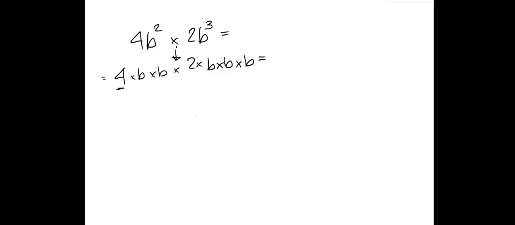All right, well, let's collect up the coefficients. 4 times 2 is 8. Now how many b's do we have? Well, we've got 1, 2, 3, 4, 5 b's. So hopefully you see the pattern there,